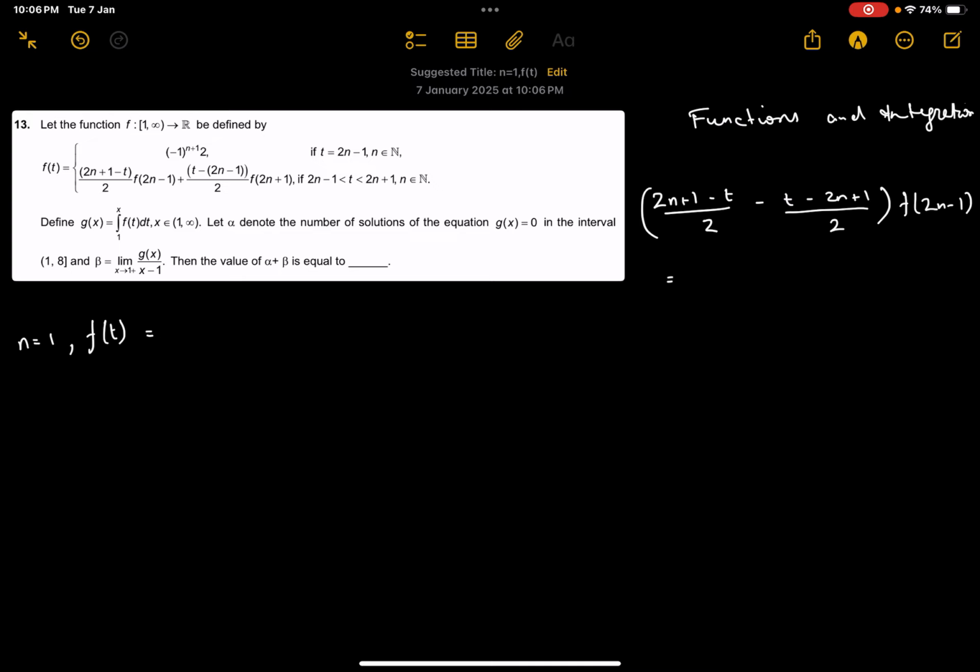So this is (2n minus t) times f(2n-1). This is f(t). First is when n is 1. So this becomes (2 minus t) times f(1). f(1) is 2. This is when t is in